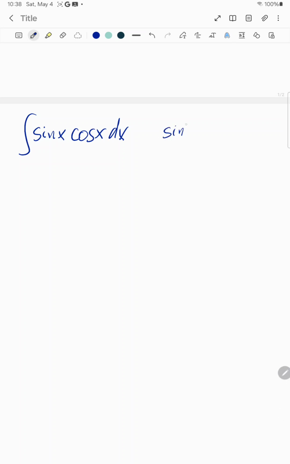It says sine 2x is equal to 2 sine of x cosine of x. So sine x cosine of x, I divide by 2 here, I divide by 2 here. I can replace sine x cosine x by sine 2x divided by 2. So this becomes 1/2 sine 2x